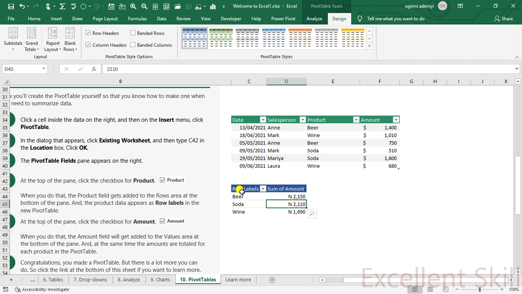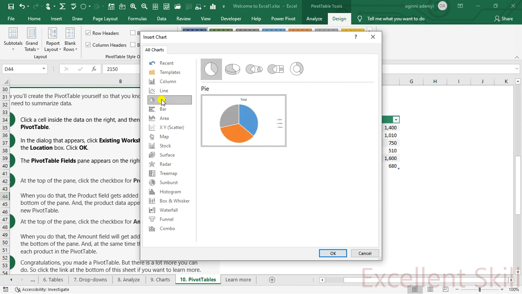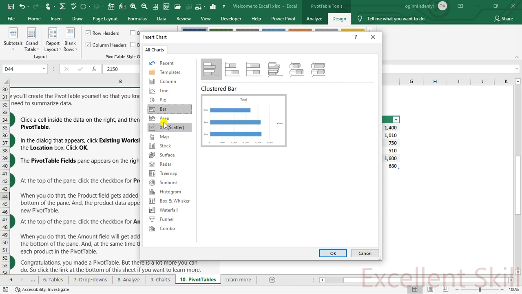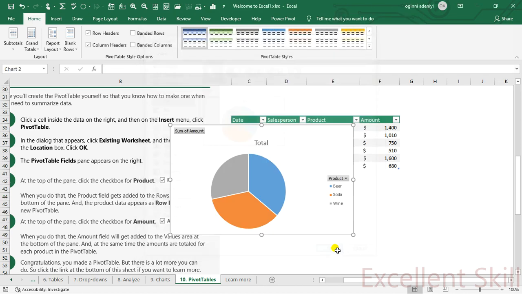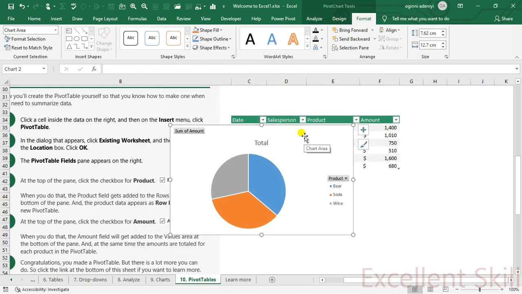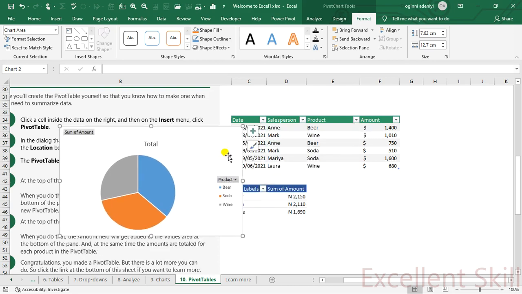With this, you can just plot your graph. Once you have this, you can use that and plot your graph immediately. Your line graph, your pie, whatsoever, you can just plot them. And you can label this.